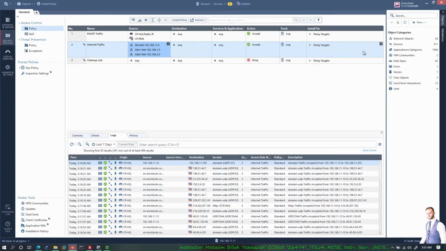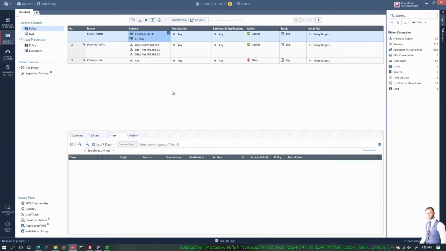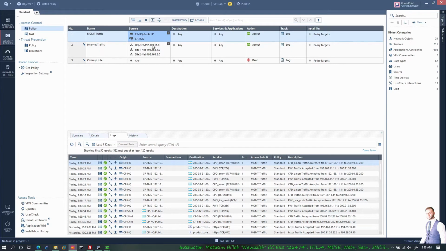Or if you have hundreds and thousands of gateways and you want to install it on a specific one or a specific group, you can come here and select them manually. And one more thing before I publish and install this policy to all three gateways, what we can also do is, for the management traffic,